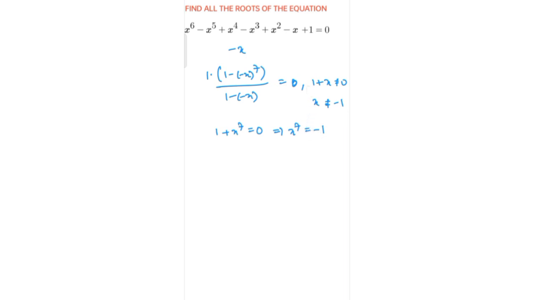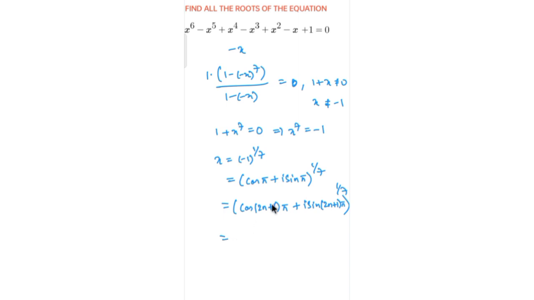So how do you do it? The only way is to find the complex roots. So to find all the 7 roots, x is equal to (minus 1) whole power 1 by 7. And this minus 1 I can represent as cos pi plus i sin pi. So this is the value of minus 1 in complex form, and whole power 1 by 7. And this cos pi plus i sin pi, I can write as cos (2n plus 1) pi plus i sin (2n plus 1) pi. It's just a way of representing it in the form of odd multiples of pi.